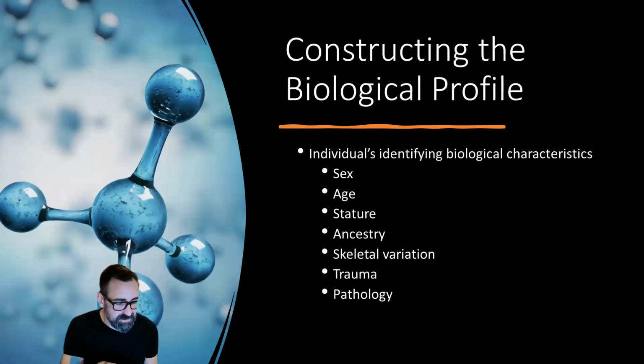Then, once we figure out how many people are here, which are the human bones and which are not, you want to construct a biological profile. This is especially important in forensic anthropology, because you are trying to identify who this person is so that you can notify next of kin. Knowing who they are can tell you a lot about why they died. And of course, it helps close missing persons cases and gives families closure.